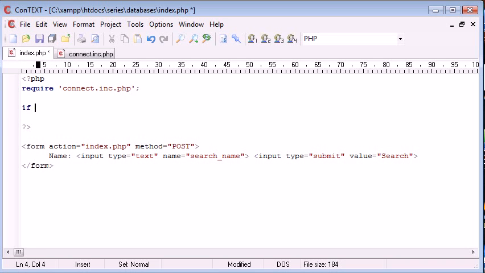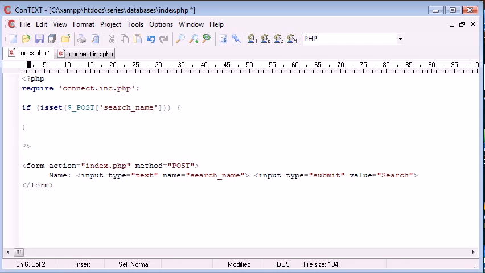So let's go ahead and say if isset $_POST. Remember, we're using post data down here, and we're going to say search_name. So we're corresponding this to the name that we've given the element in our HTML document. So if this is true, we're going to run this block, and inside this block we're going to set a